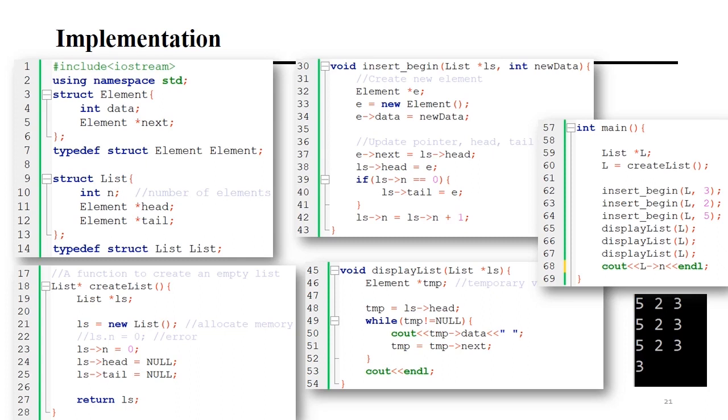And next, you can create functions so that you can reuse them many times. You initialize a list, you insert a certain element at the beginning of the list, and you can also create a function to display a list as well. So this can be done using functions. Once all of these functions are created, you can call them many times. So this can be complicated work to do, but once this is done, you can simply